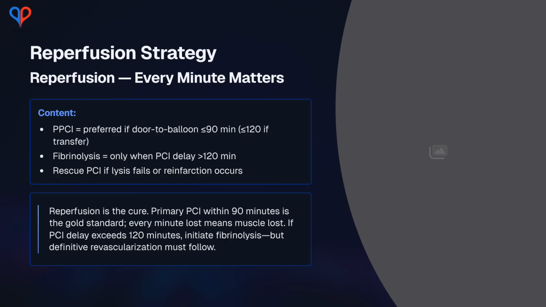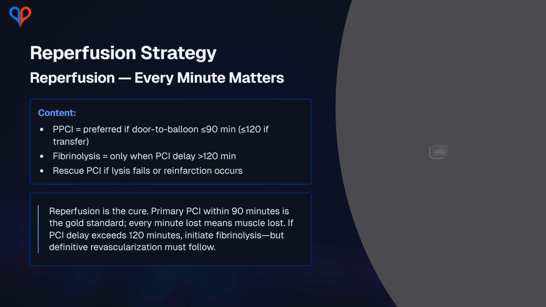Primary percutaneous coronary intervention, PPCI, is the preferred strategy when it can be delivered promptly, classically within a door-to-balloon time of 90 minutes at a PCI-capable hospital, or within 120 minutes of first medical contact if transfer is required. When PCI will be substantially delayed, fibrinolytic therapy is used as a fallback, ideally within 30 minutes of hospital arrival,